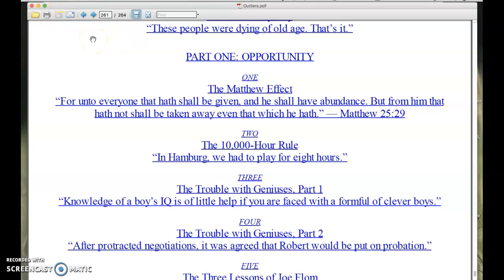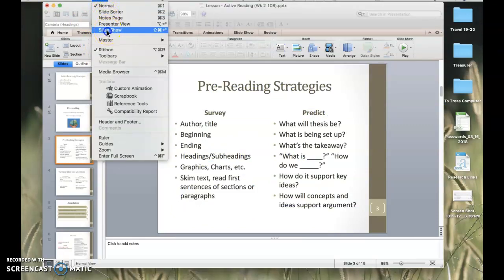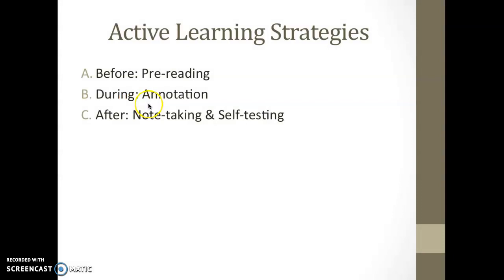Okay. And so turning headings and subheadings into questions can be a really valuable tool in helping to focus your reading. It's easy to drift off when you're reading. I know a lot of students say they get to the bottom of the page and they're like, I don't know what I read. So having this sort of study guide for yourself in mind can keep you focused. Okay, back here, let's just get this back into the slideshow view. Okay, so